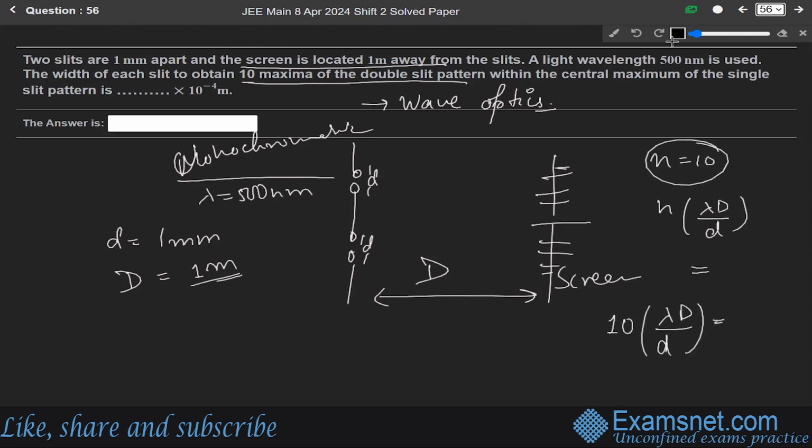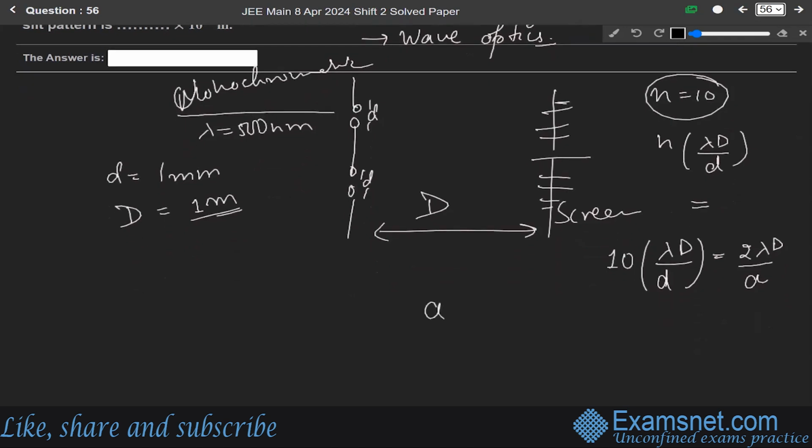It will be equal to 2 lambda D over a. So for this a will be equal to, lambda D cancels. 2 fives are 10, so a will be equal to d over 5, and small d is given as